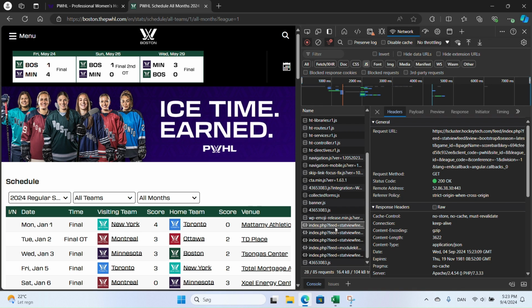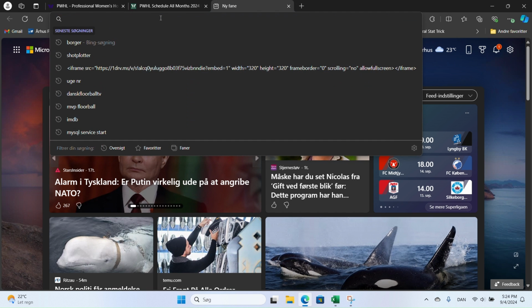So there's a lot of information here. Some of these you can't use. Those with a bootstrap don't work. But what we are interested in here is this one. So this URL right here holds all the information that we're actually interested in. Now there's a callback, Angular callbacks thingy in the end. We don't want that, so we'll just copy the URL from here. And we can just try and put it in